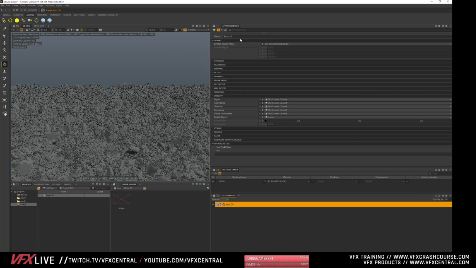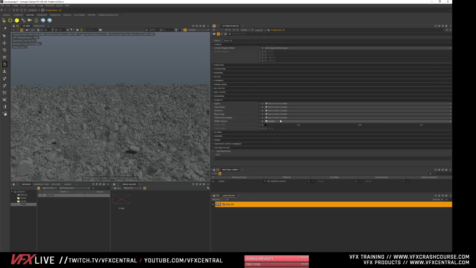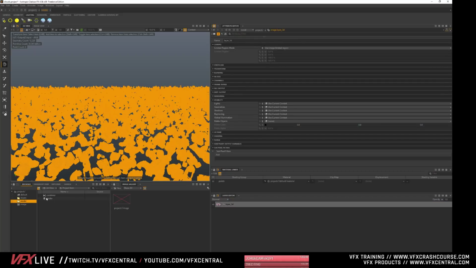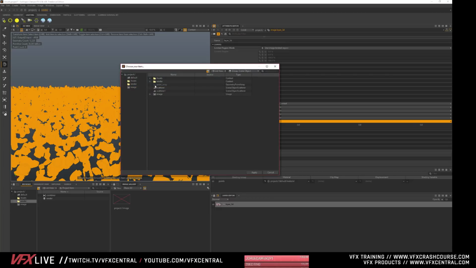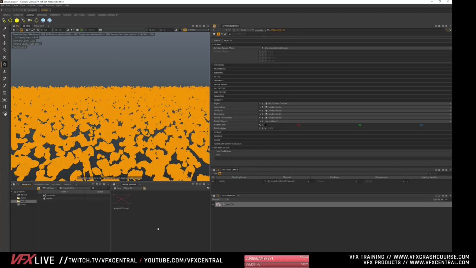So what I'm going to do is lock this, and go into here, and you can just drag this little group that we created right in here, like so. So that's going to do the geometry, shadows, ray tracing, global illumination. And you could use matte objects as well, which maybe we could see if we could do the clouds as a matte object. Let's see if that'll work.